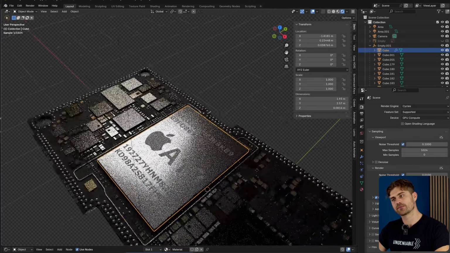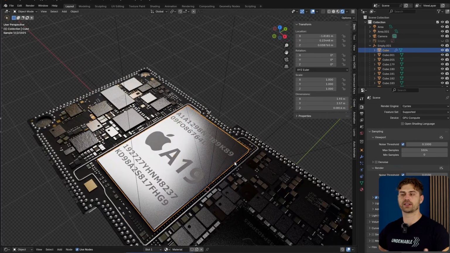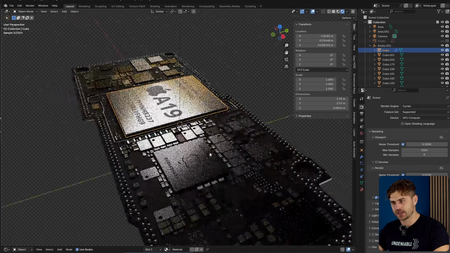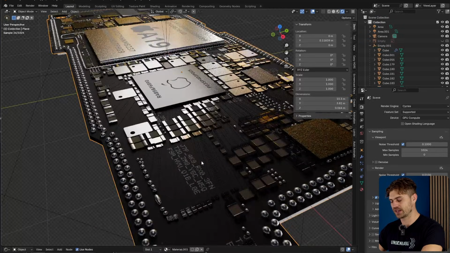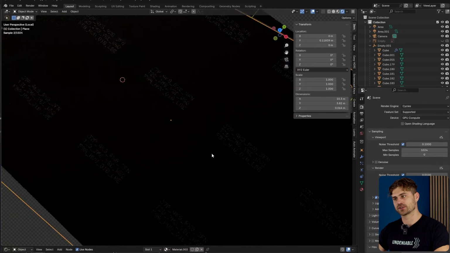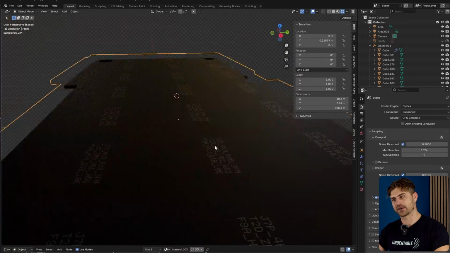And the random text generation for the string, I really didn't feel like doing it myself because I had to do it a couple times over. So I used Nano Banana to generate me some strings on a black and white background. And I've done the same right here for this part. And also on this chip itself, if we separate it, I just placed the texture on here with a random